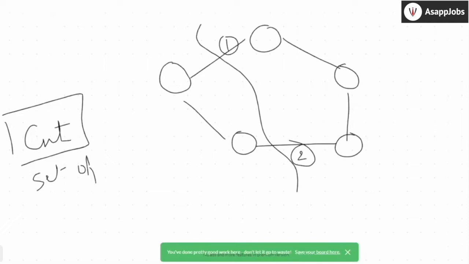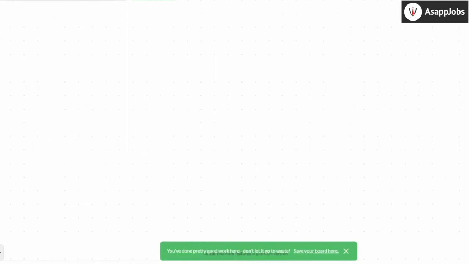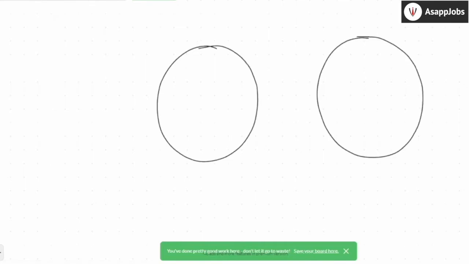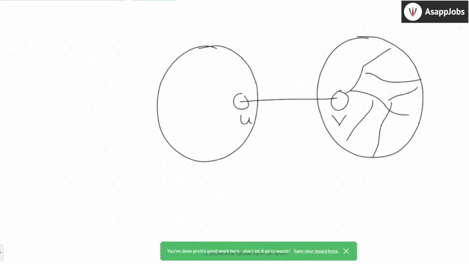Now we'll see how I can use this definition to find the right algorithms for our graph structures. Let's say this is my graph and there is one node here, and another node. I call one U and the other V. It is connected somehow. There might be connectivity from here to here.